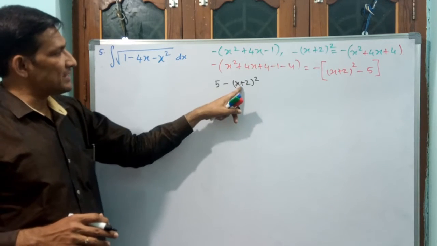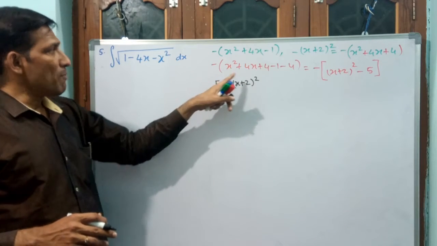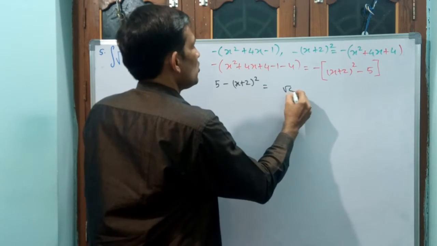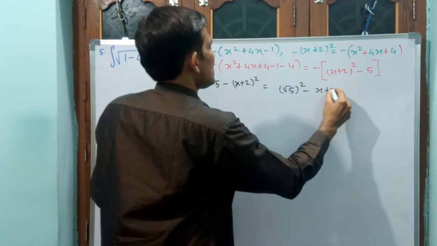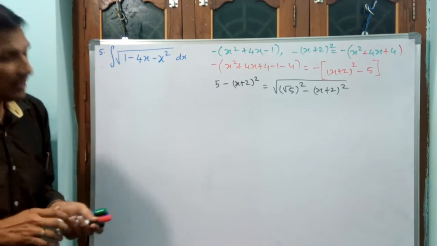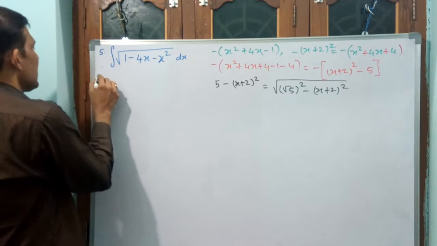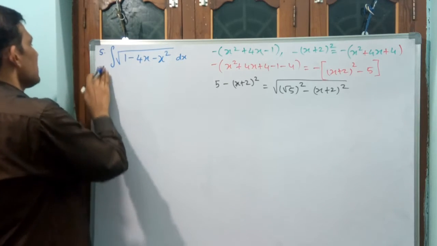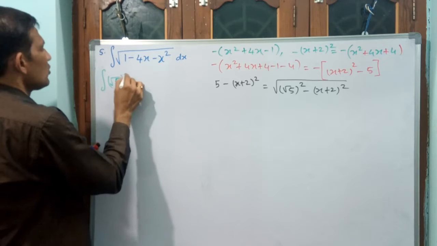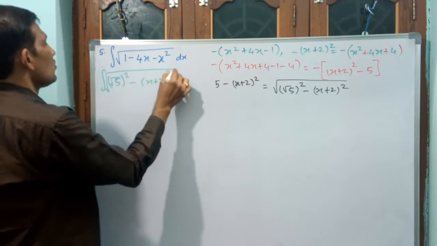Is it okay? Why? Because see, minus x square minus 4x minus 4 will come. 5 minus 4 plus 1. Okay, okay. But again this you keep like this. Root of 5 whole square minus x plus 2 whole square under root. Is it okay? Now by seeing this, you change this. See what I am writing. I is equal to, or don't write I now itself. Why? Because wait. This integral is going to become like this. Root of 5 whole square minus x plus 2 whole square, under root, dx.